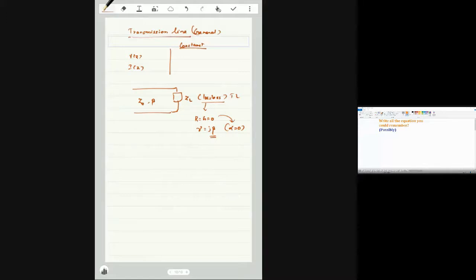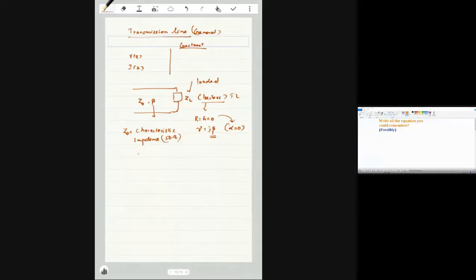This is called characteristic impedance. Sometimes it's called line impedance, but more importantly, it's called characteristic impedance. The more practical value for characteristic impedance is 50 ohms, which you will see on the function generator and in our different connectors. And beta is used for lossless. So this is a lossless and loaded line.